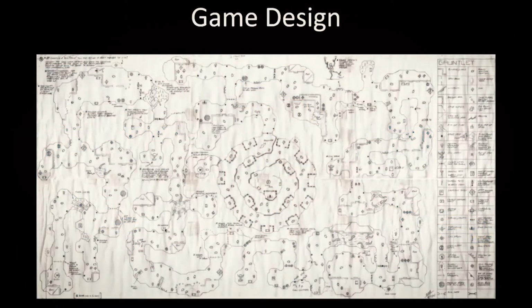Now, we're looking at a very far away top-down map. Very simple. Looks like you drew it on the back of a napkin. Very easy to understand. Yeah. So graph paper and pencil and pen can be very excellent tools for a game designer.